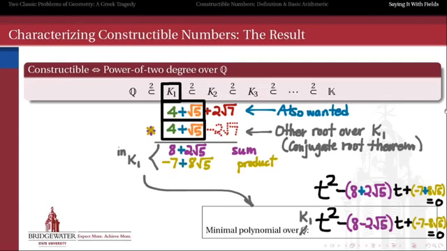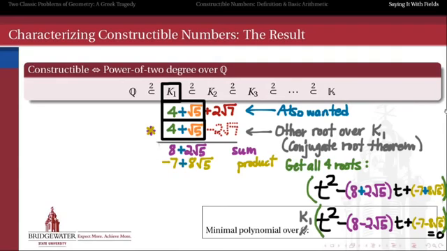roots. Now, we want to take the leap all the way from k2, where we think these numbers live, all the way down to Q, the rational number field. In order to do that, we need a polynomial with rational coefficients that has all 4 of those numbers as the roots. In order to find those, all we have to do is to take these two quadratics and multiply